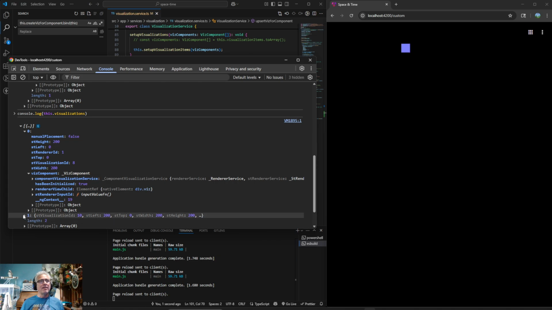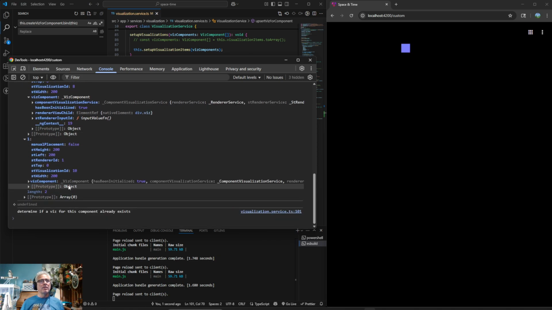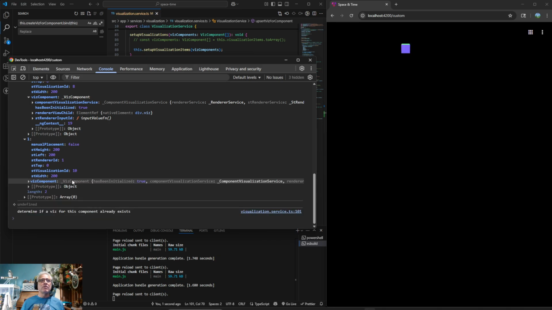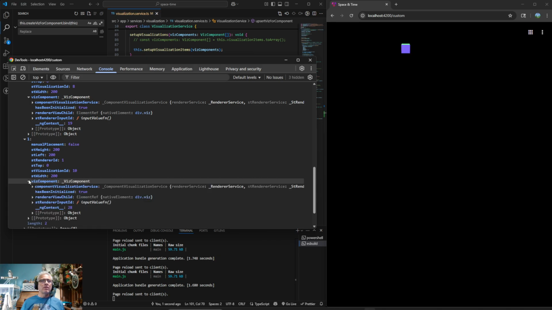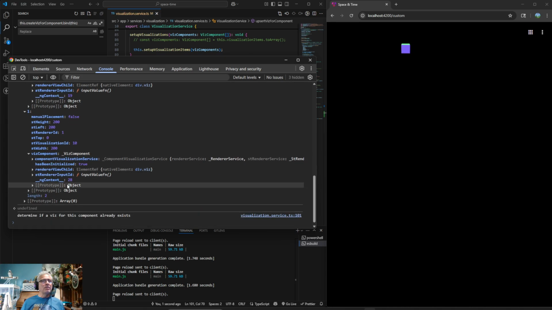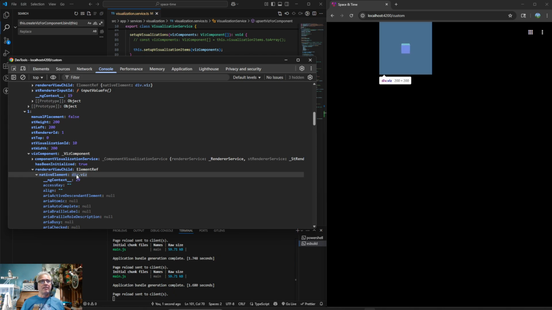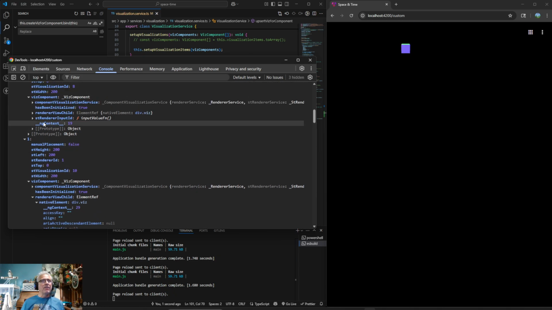So like if I click on this guy here, well, visualization component, no, that's visualization service. Trying to find like the native element. Oh, element ref. See, there's that, right? Now if I come over here on this one,